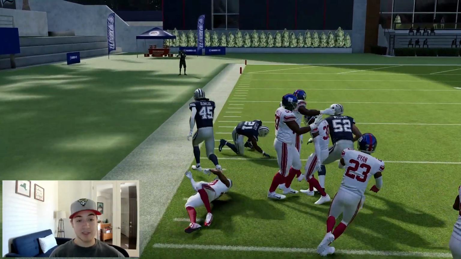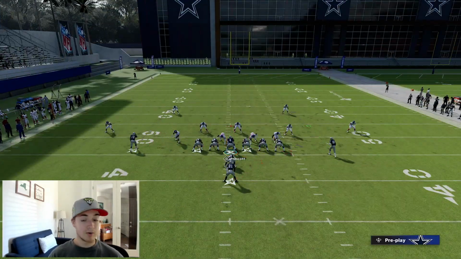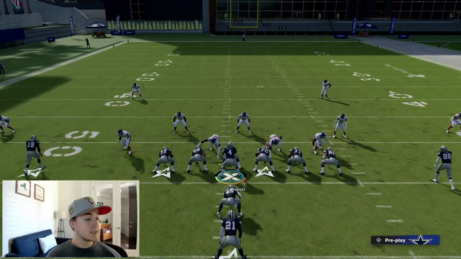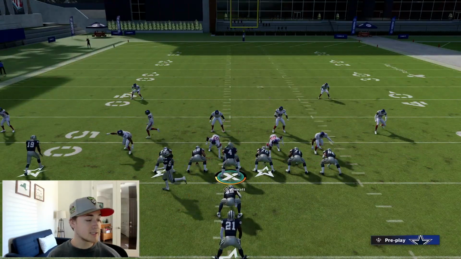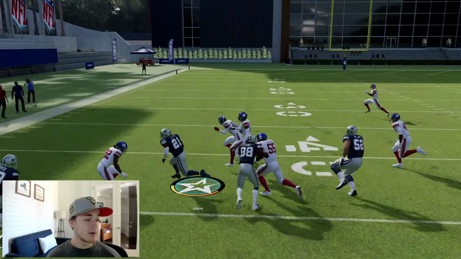And you can do that for the toss as well, as we'll be doing that for the power O. So as far as motion, that's one of the things I like to do a lot. You can get creative with the wide receiver motion. You can motion CeeDee Lamb over to this side. You cannot motion Amari Cooper over to the right, but you can motion CeeDee Lamb over here, and what that